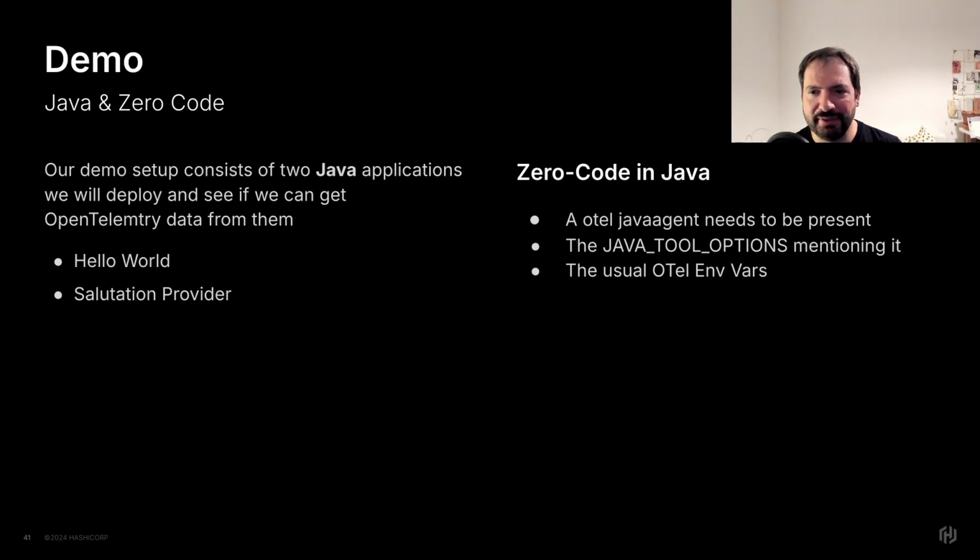So now we could be good to go, but we have apparently a lot of microservices since we deployed loads of them, and we have loads of Nomad job files. So we need to put this configuration in all our Nomad configurations, and that maybe hinders us from moving forward faster, because we need to notify all the developers to please put that thing in their Nomad job file. So is there maybe a way to even do zero code instrumentation for the Nomad job file? And for that, I wanted to